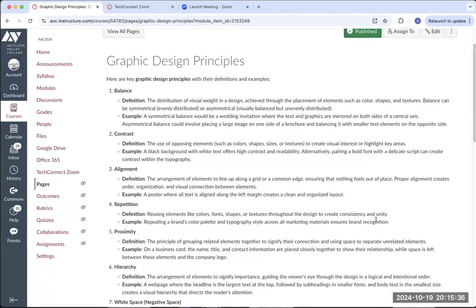Okay, this is graphic design principles. So we have balance, the distribution of visual weight in a design. That's usually achieved through placement of elements such as colors, shapes, and textures. Balance can be symmetrical or asymmetrical, so evenly balanced or visually balanced, but unevenly